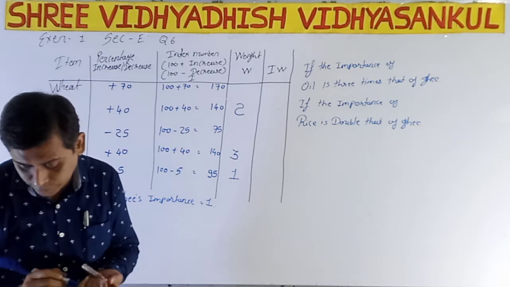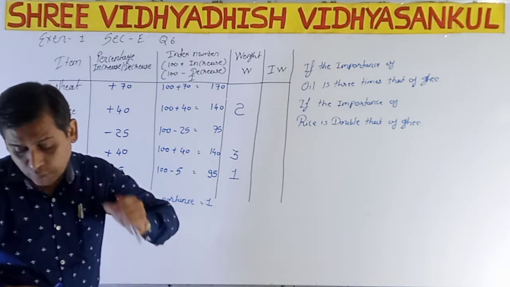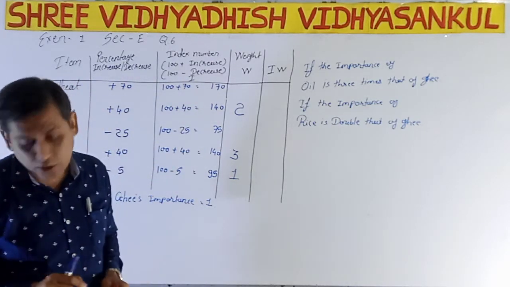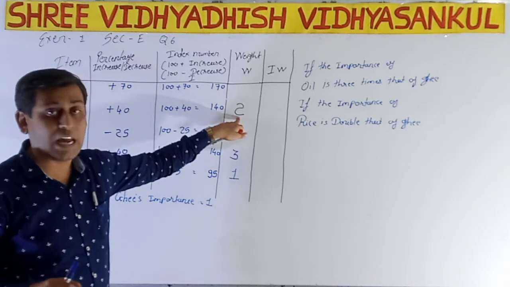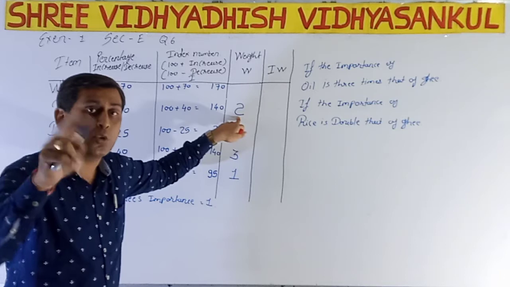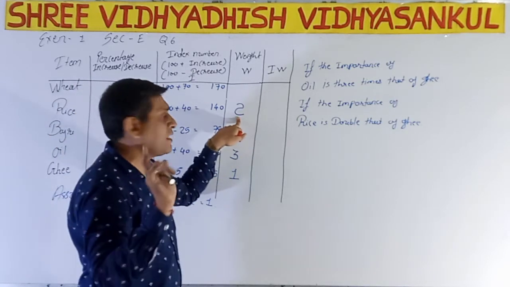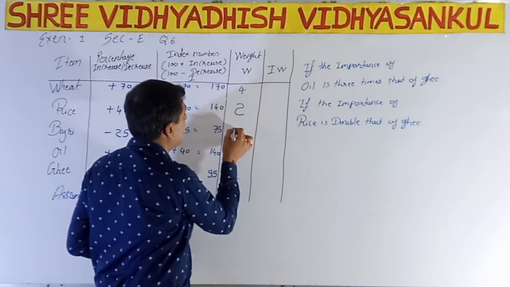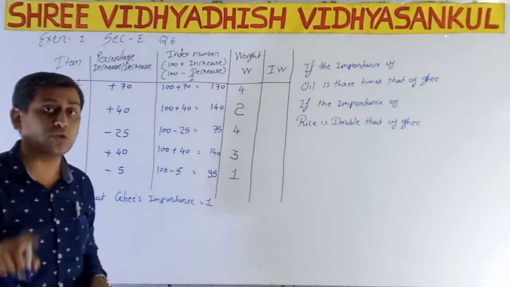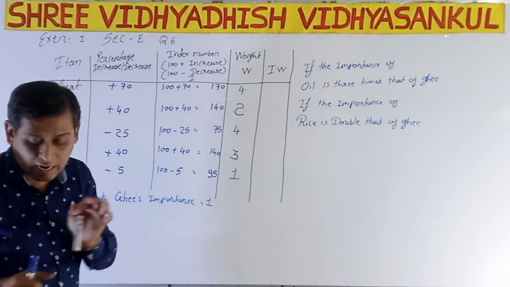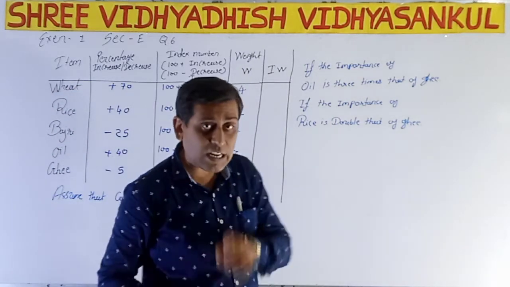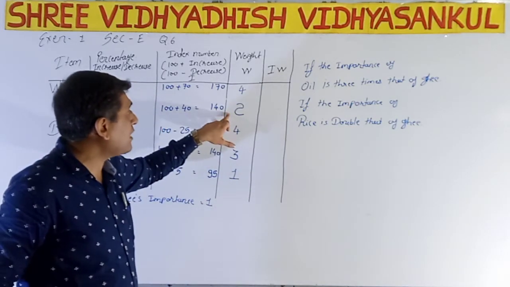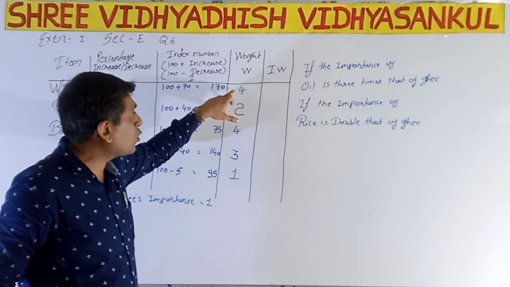See the second one. And the importance of each of wheat and bajri, both wheat and bajri, is double that of rice. What is the importance of rice now? It is 2. Now double of these, 2 into 2, that is 4. 4 is the importance of wheat as well as bajri. So here the wheat importance is 4 as well as bajri's importance is also 4, because the sentence said that the importance of each, that is wheat and bajri, is double that of rice. Rice importance is now 2. Double of these, that is 2 into 2, that is 4.